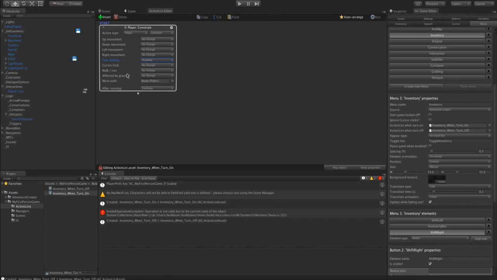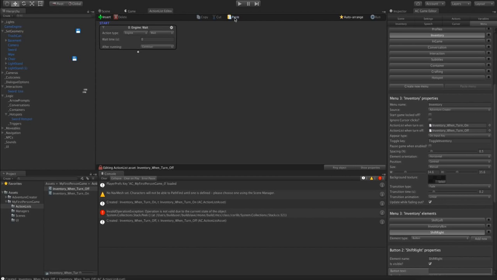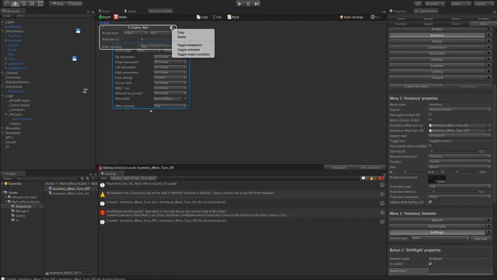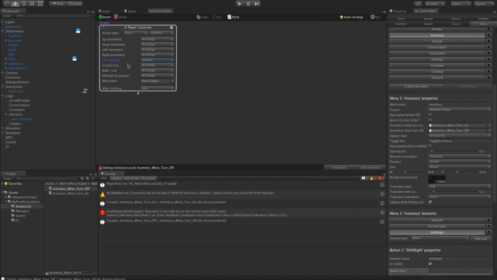And we're going to re-enable it when we turn the inventory menu off. So I'm just going to copy this and paste it in there, making the change that we need to. So I've got copy up here. I can open up the inventory when turn off action list by double click on it. I'll paste in that copy, delete the one that's already there, and I will change free aiming to enabled, so